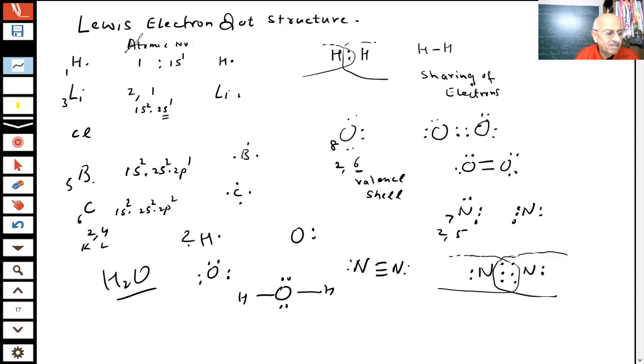This was the concept which was given by Lewis. It is given in the chapter of chemical bonding. I hope you know about it, students. Akshat, you know about it? Are you aware of these Lewis electron dot structures in the chemical bonding? Okay, all right. Any doubt here? None at all. Okay. Now you can see, students,